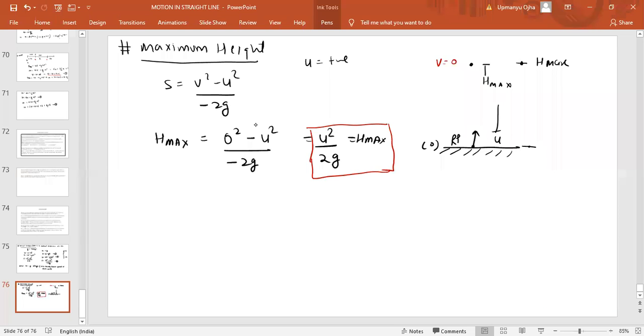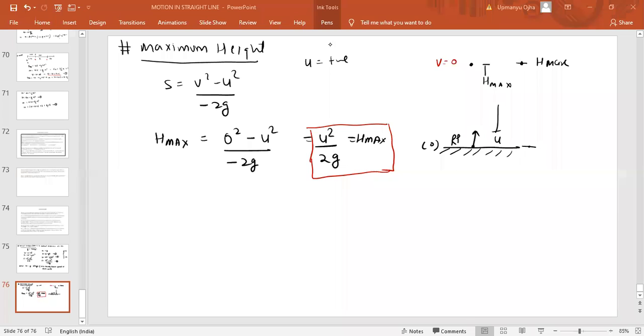See, the point where we are throwing the object, from the ground, is taken as the reference point, and the object is moving upward. So u should be positive because the direction of u is upward. G would be negative because g is always acting downward. So when can you have the maximum height? When the final velocity is 0. So if you use equation number three, we'll get h max equal to u square by 2g. From ground, so we always assume from ground itself.